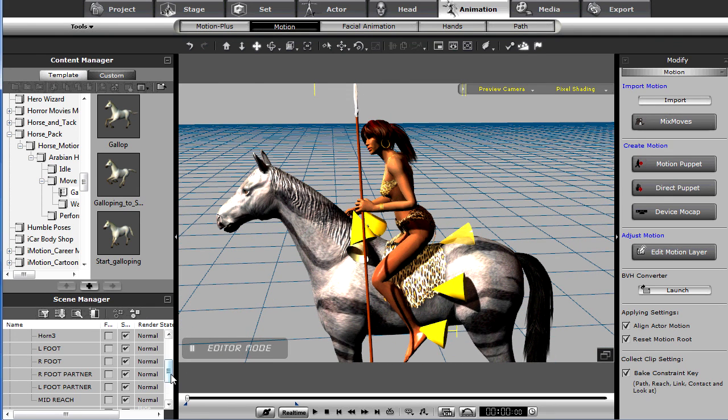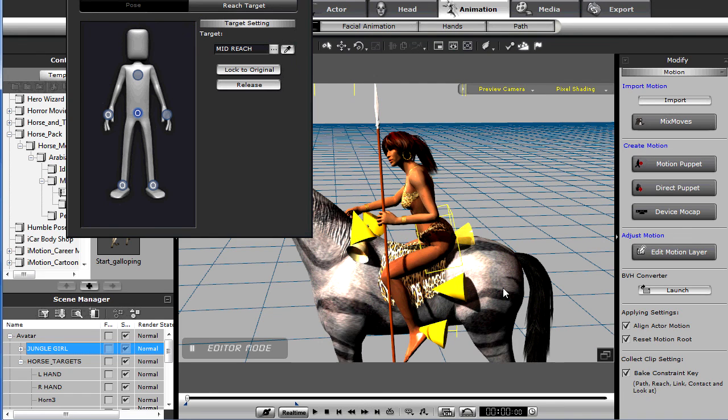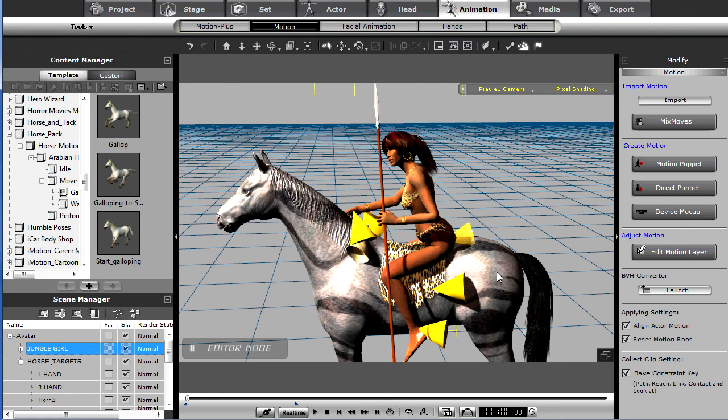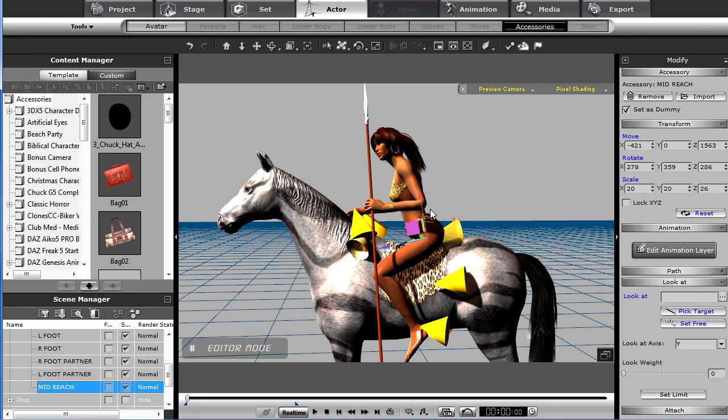Once again, we make sure Jungle Girl is selected, midsection here to here, and then we can adjust that target as well, which is named mid-reach. There we go. And hopefully it's not as painful as it looks, and that should work